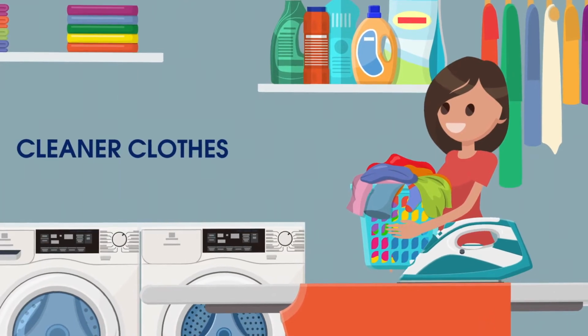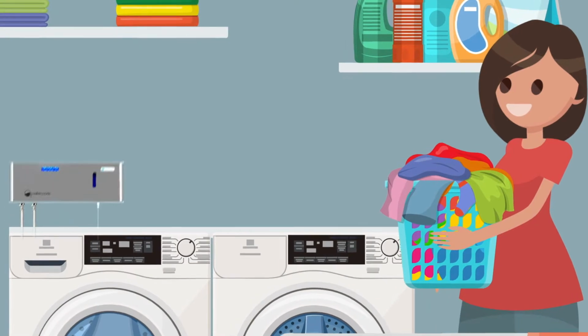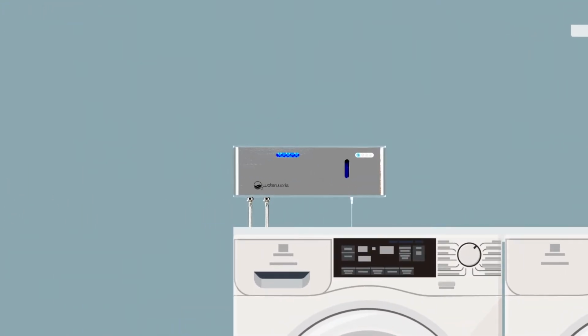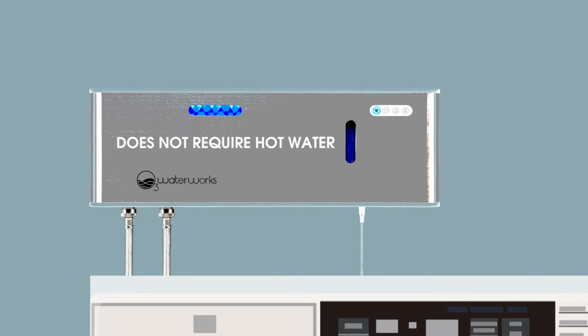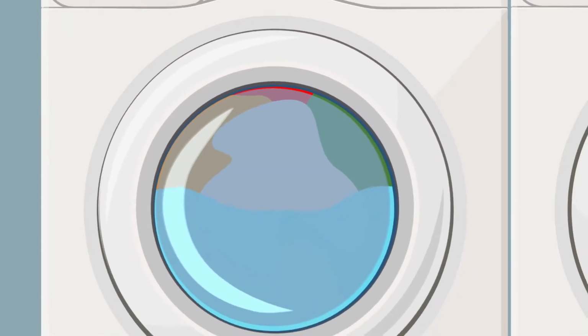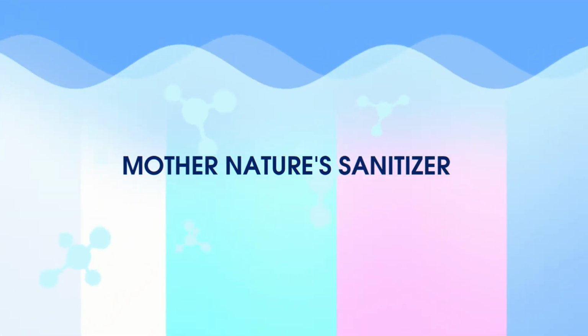Get cleaner clothes without the need for expensive chemical detergents with the O3 Waterworks laundry system. The system installs easily without the need of a plumber or electrician and does not require any filter or cartridge changes. It uses your home's cold tap water and transforms it into a powerful oxidizer, aqueous ozone, by dissolving O3